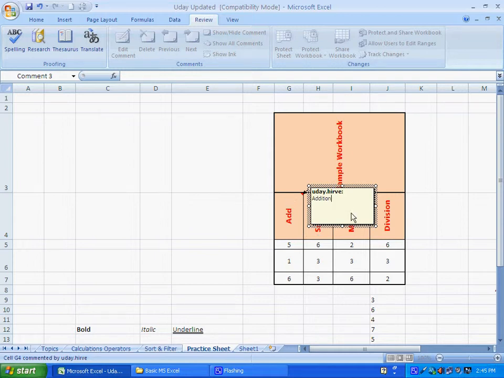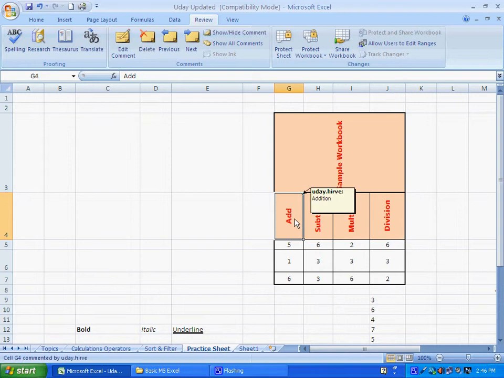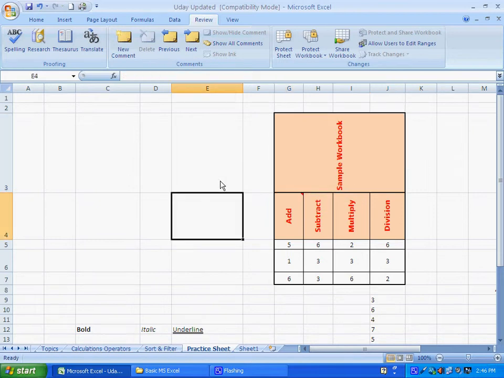I can adjust the size of this comment and press enter, or just click anywhere else in the spreadsheet. You will see a red sign over here, but if you click anywhere else, this comment is not visible.